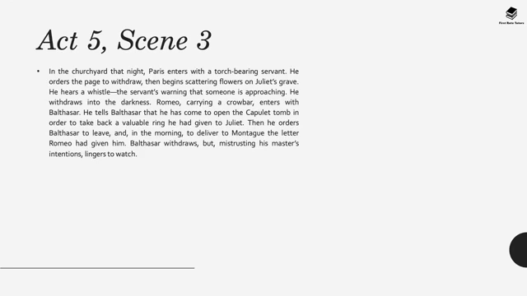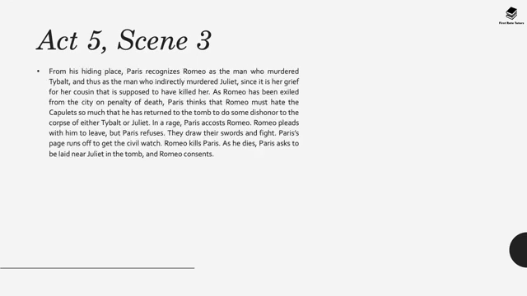He hears a whistle, a servant's warning that someone is approaching, and so he withdraws into the darkness. Romeo, carrying a crowbar, enters with Balthazar. He tells Balthazar that he's come to open the Capulet tomb in order to take back a valuable ring he'd given to Juliet. Then he orders him to leave, and in the morning to deliver to Lord Montague the letter that he'd given him. Balthazar withdraws, but, mistrusting his master's intention, he lingers to watch, and from his hiding place,